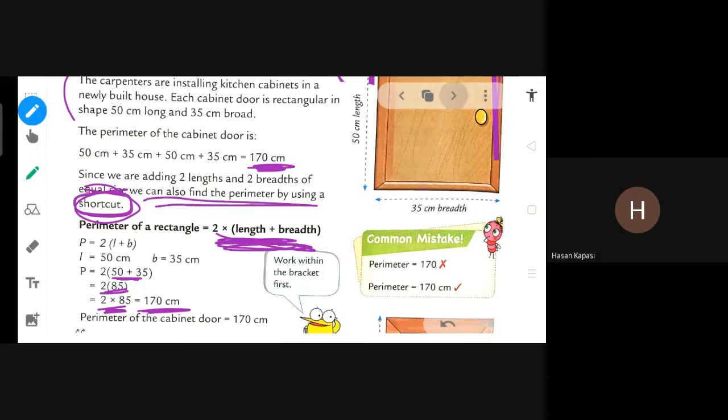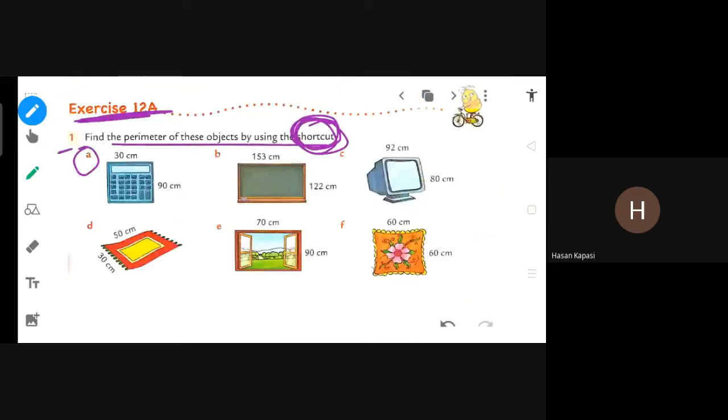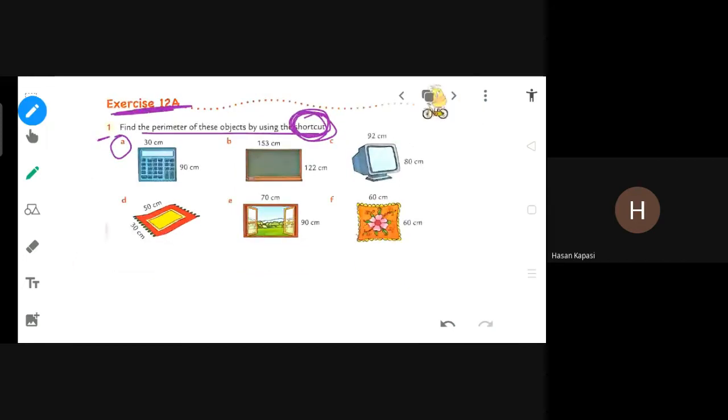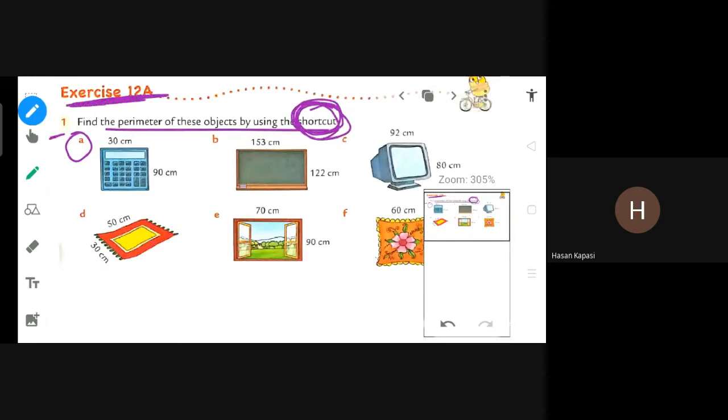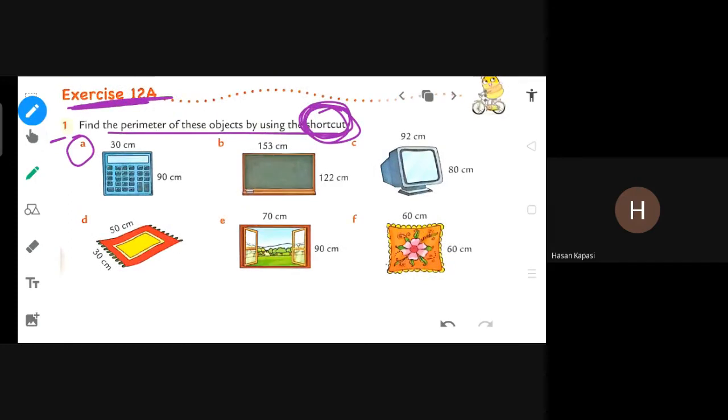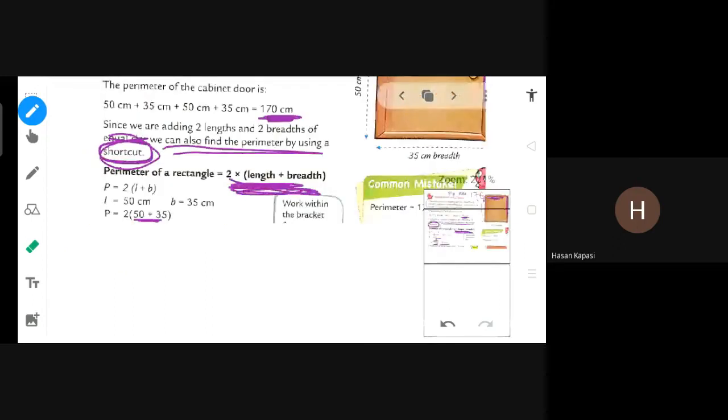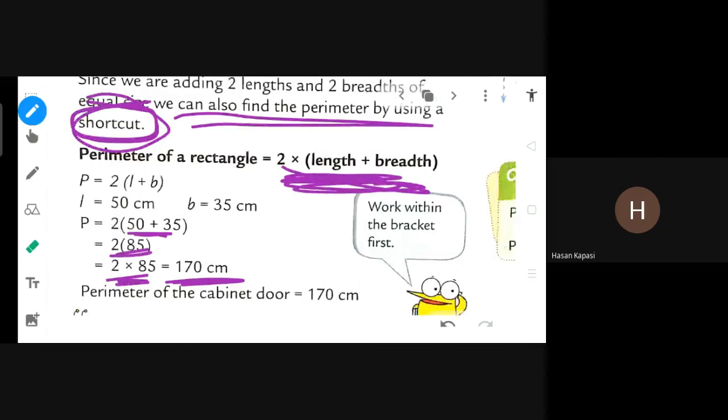Ma'am, that formula I used, but in that tile no that 2 multiplied by length plus breadth. So I 2 multiplied by 50 and 2 multiplied by 35. That also you can do. That 2 multiplied by 50, so 100, and 2 multiplied by 35, so 70. Then 170 plus करोगे तो भी 170 आएगा. But that formula only originally you have to use, and that also what was given no here. That first we have to add 50 and 35.